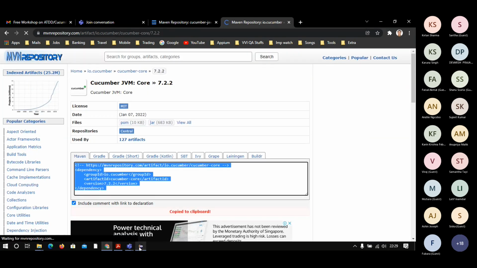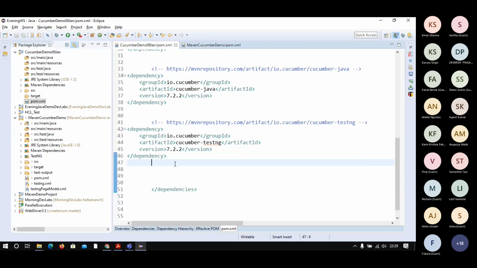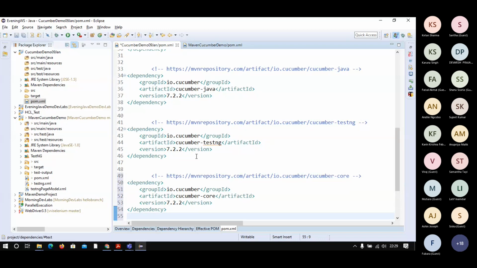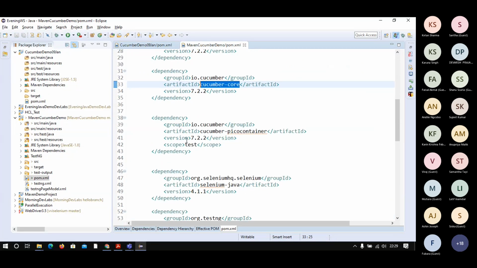Copied it. Again, I come here, and this is my latest project which I'm doing the setup for right now. So Cucumber core is also there. The other thing is not mandatory, it is optional, but it's good to have. That is called Cucumber PicoContainer. So I am copying it, searching it here.